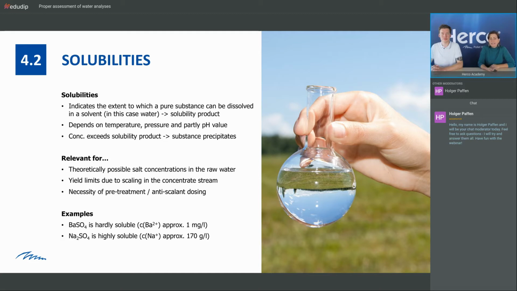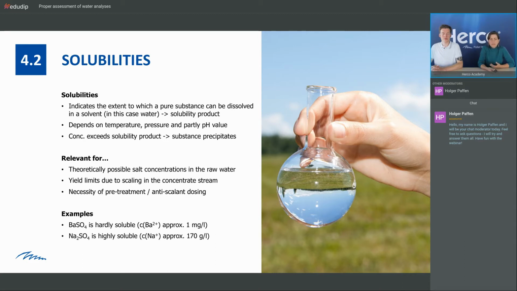Solubility basically indicates the extent to which a pure substance, in this case the ion, can be dissolved in a solvent, in this case water, and this gives you the solubility product. It depends on temperature, pressure, sometimes pH. If the concentration of the components exceeds the solubility product, the substance will precipitate. This is something we don't want in an RO system, of course, because this will lead